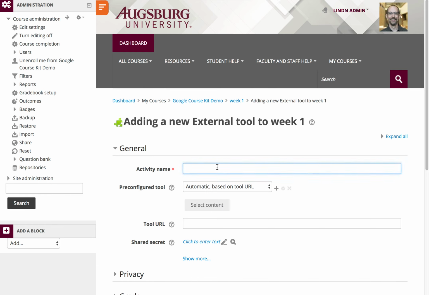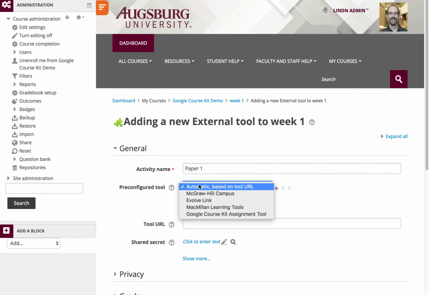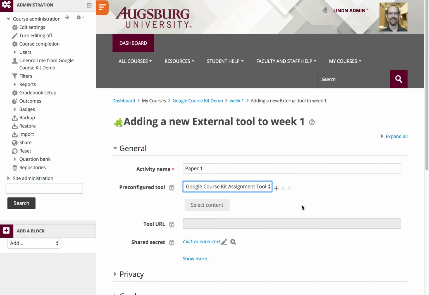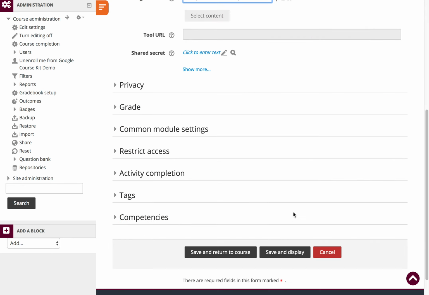add that, name the assignment, select Google Course Kit Assignment Tool, and that's really all you're required to enter. You can save and display,